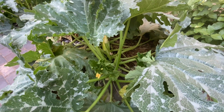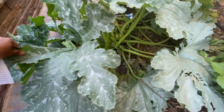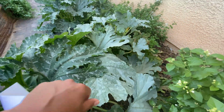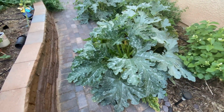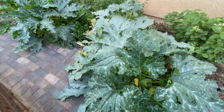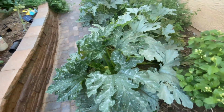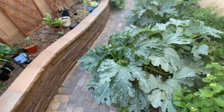But as I mentioned, they are starting to grow onto my walkway here, and I'm going to be cutting some of that foliage eventually. And then also I'm going to figure out how to trellis them up, because that is another way of growing zucchinis. You can either allow them to sprawl out, which they do grow more than 3 feet, as you can see here, and that would be, I would say, 3 feet in diameter. Lengthwise, this is probably going on about 4 feet, almost 5 feet, just on this plant alone, which we'll move on down